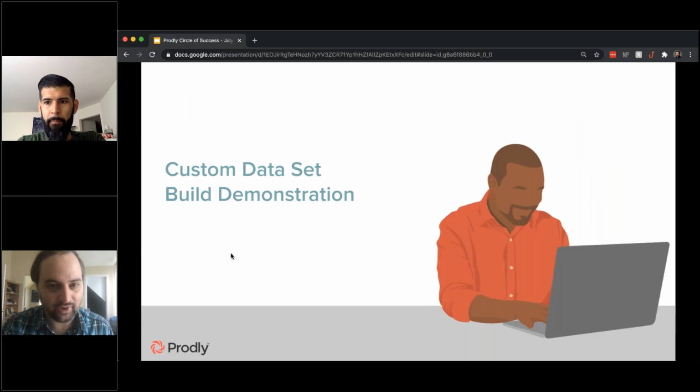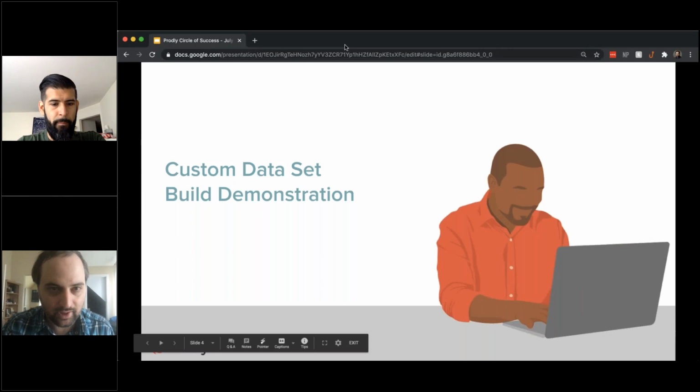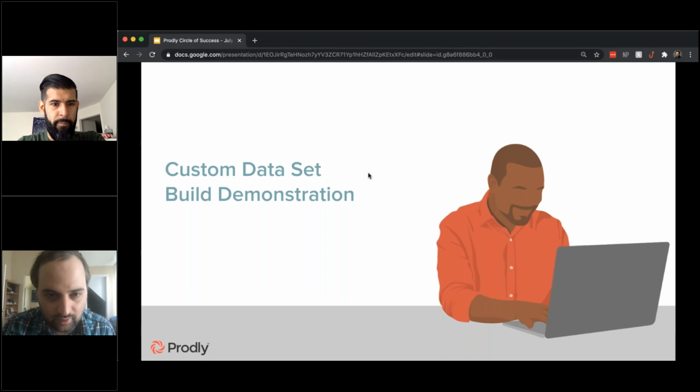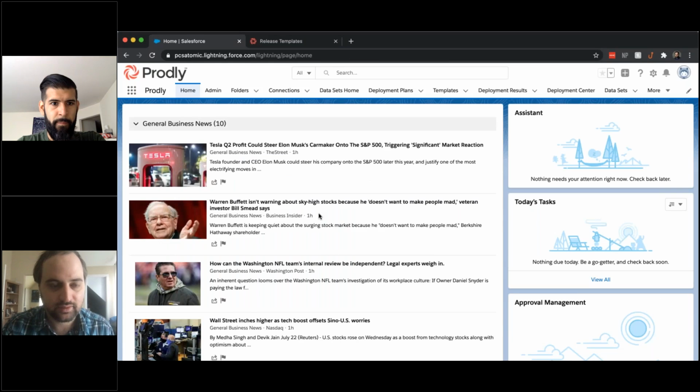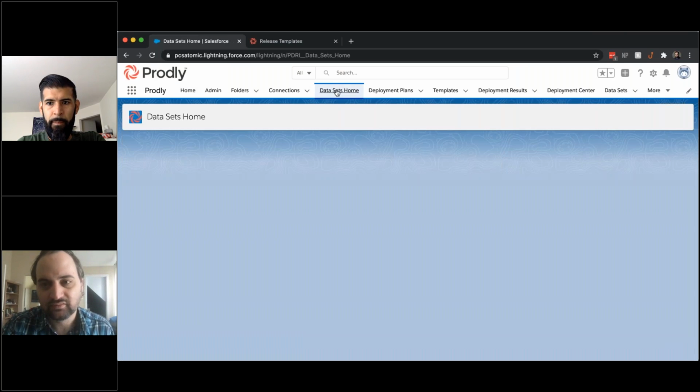So I want to give a quick demo here. Let's see if I can manage my sharing appropriately. So you should now be seeing just a general Salesforce developer org. And I'm going to go in and just build a data set and show you how quick and easy it is. So if I go to Datasets Home,